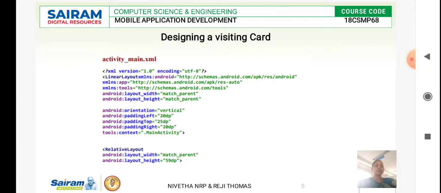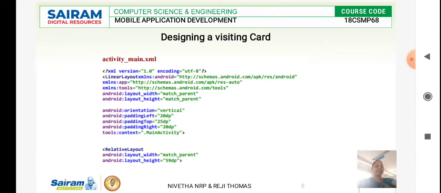Now we are going to specify the specification of our project. What is the width of our card, what is the height of the card, everything we are going to define as per it. We have a default code over here, and we are going to change that as per our requirements. Then we go for the orientation. What is the size, what is the distance between the words in the visiting card, everything you give as per our requirement.